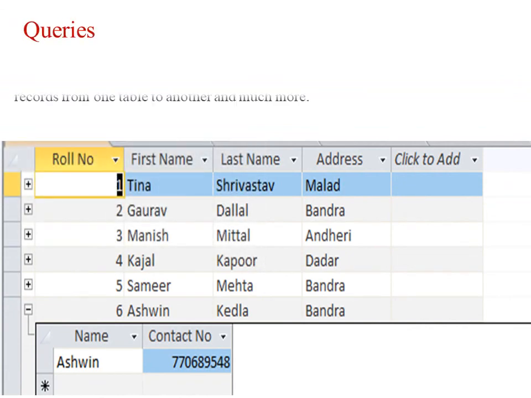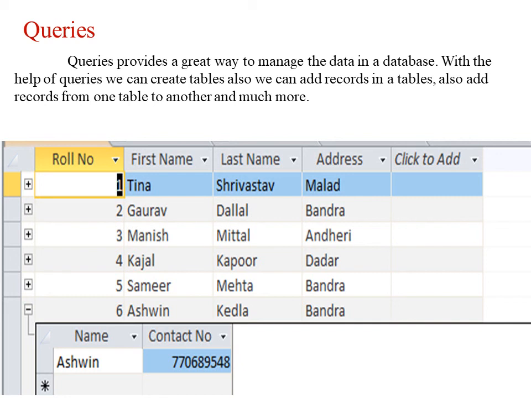Queries. We can use queries to create a table. We can also add records from one table to another table. We can also merge two tables. See here, in one table I enter the name and address of a particular student. In the other table I enter the contact number or personal information of the same student.